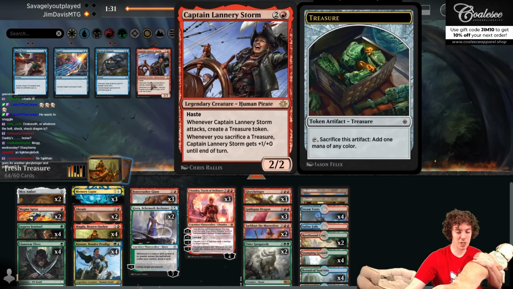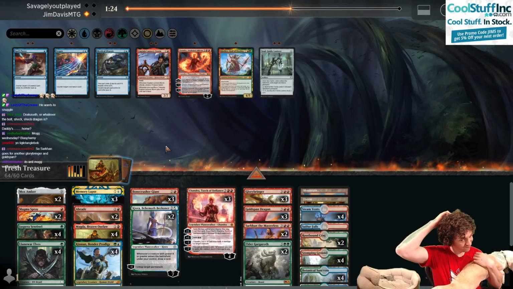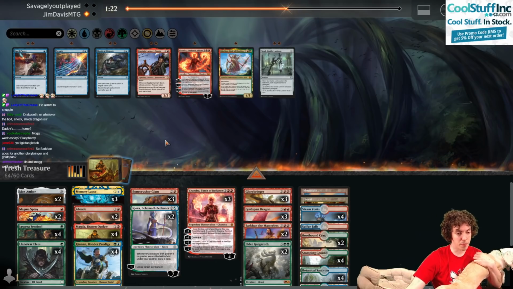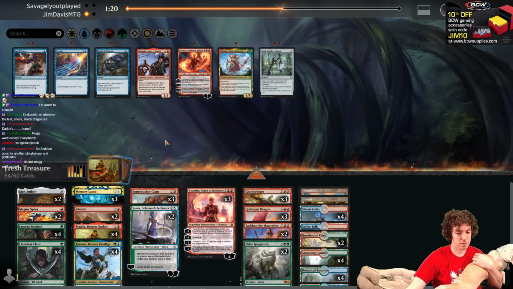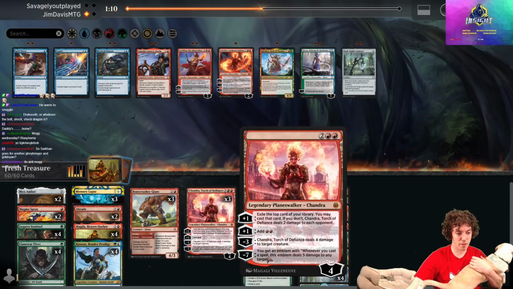Lannery is also a human, so you can't even find that one. Flyers do seem pretty important. Kiora's kind of cool too. I don't know what's cut here, honestly. I really don't know what's cut. Everything looks good. I'm like 2 Sarkhan, 2 Kiora, I guess. I don't know if I like this, but...